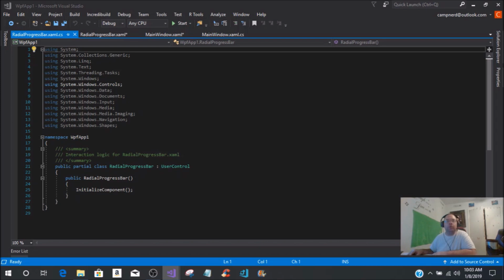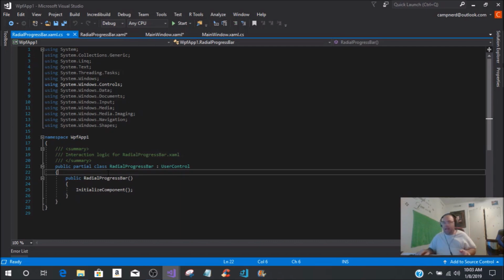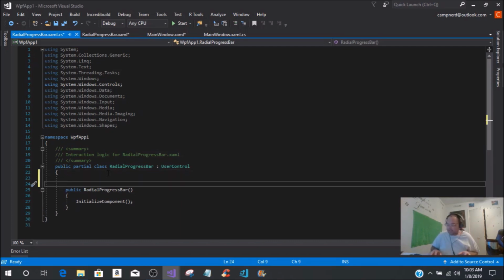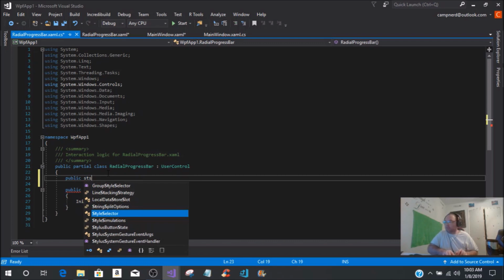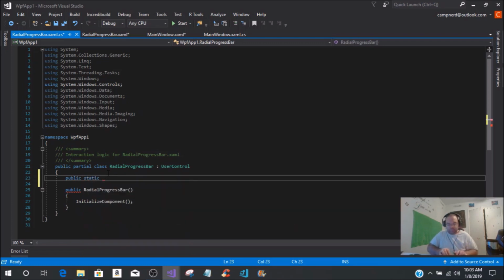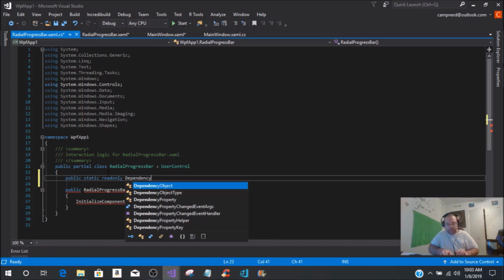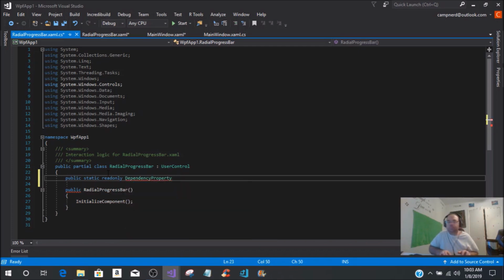Okay, now what we're going to do is come over here to the actual coding part, and we're going to reference all these codes that we have put for the binding. So within your class, you need to add a few things. So this is going to be a public static read-only dependency property. It's going to be indicator brush